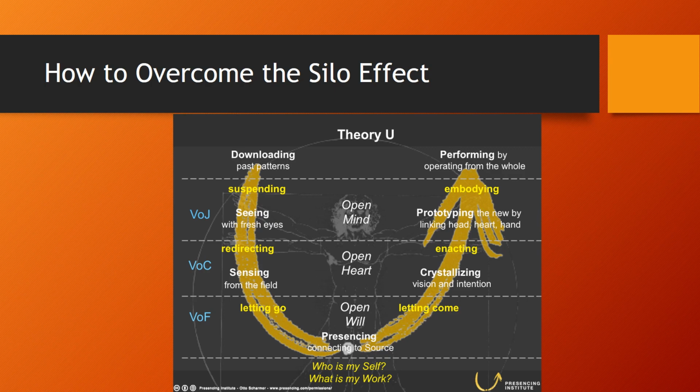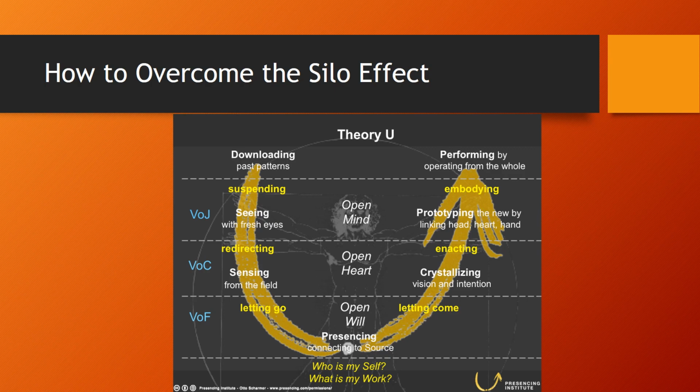When that happens, then you can implement, this is one way, there's probably other ways, but then you can implement Theory U. So you come together, and you'll notice on your screen, the first thing that happens is the downloading of past patterns. And you're talking honestly and openly, looking at, okay, this has been our procedure. This has been some of the things that we've dealt with. This has been some of the things that we're doing. So here it is. These are our past patterns.